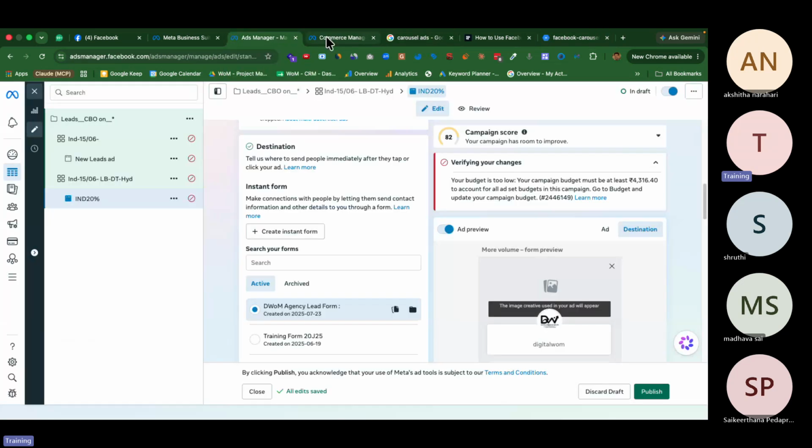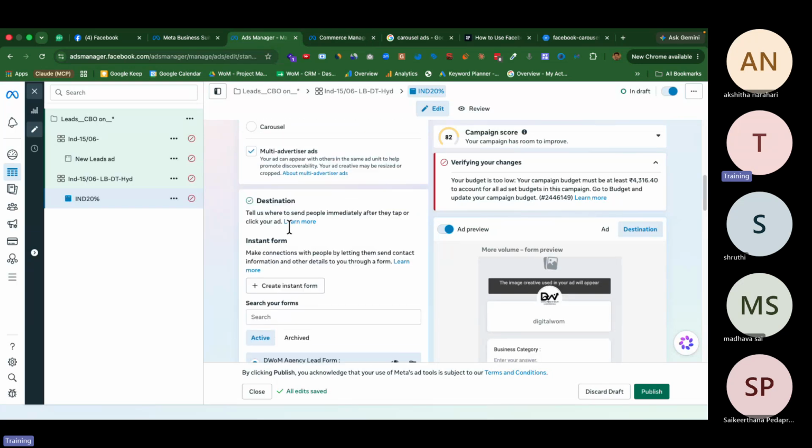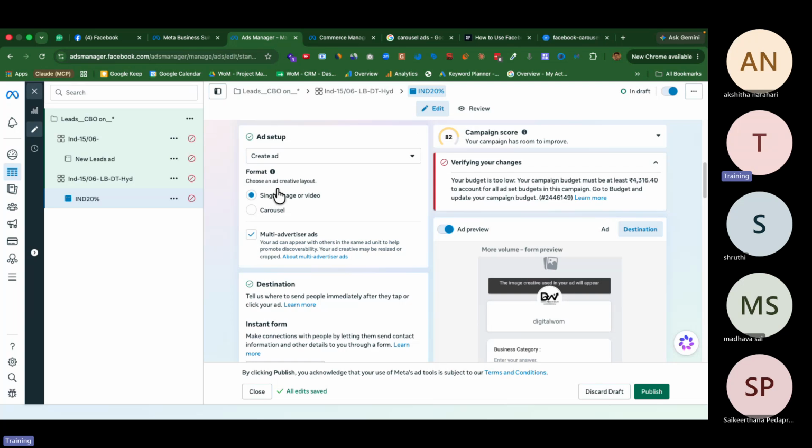To create a carousel, you first need to create multiple images and then you need to come here. So right now I'm just using a single image or single video. Either here we can create an ad using an existing post. We already have an ad posted on our Facebook page, then we can take that. You can use Creator Hub mockups to create an ad. But right now I just